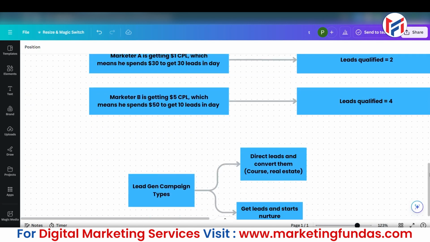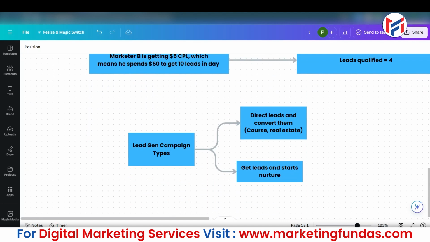And after that, you need to learn about the different approaches of your lead generation campaign as well, so that you can take decisions and create the lead generation campaign accordingly. Right now, we'll create one lead generation campaign practically and understand the key points we need to focus on while creating a lead generation campaign that brings results and helps us or our